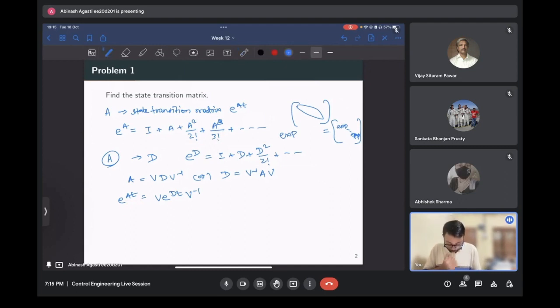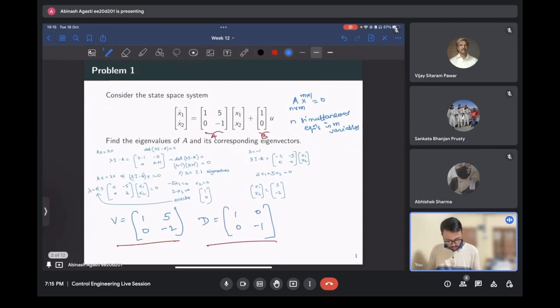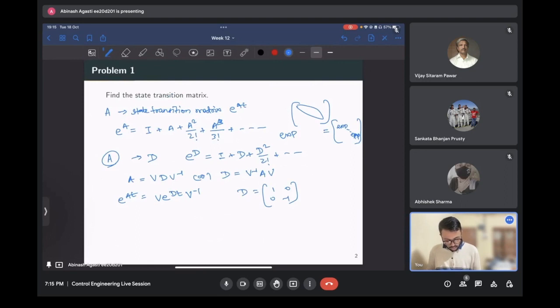So now let us find out e to the power At, right? So clearly D is just 1 0 0 minus 1, right? We obtained that. e to the power Dt is e to the power t, e to the power minus t, 0 0. Then we want to find V and V inverse. V is given by 1 0 5 minus 2. V inverse is given by